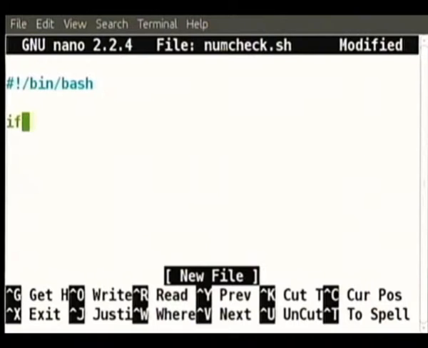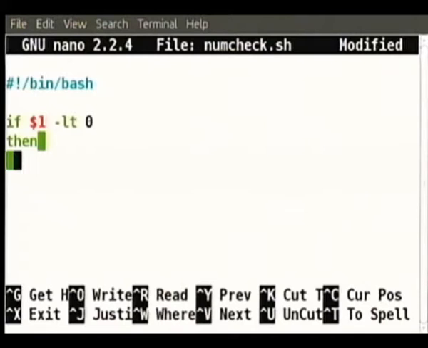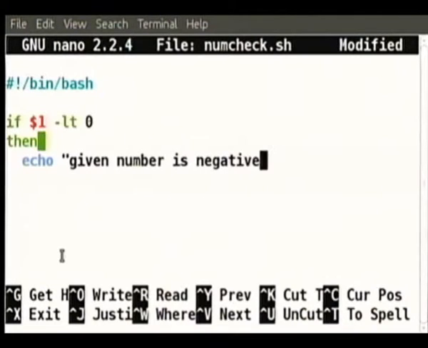If $1 less than, -lt, is by definition strictly less than. -le I think is for less than or equal to. Less than 0, then echo given number is negative.